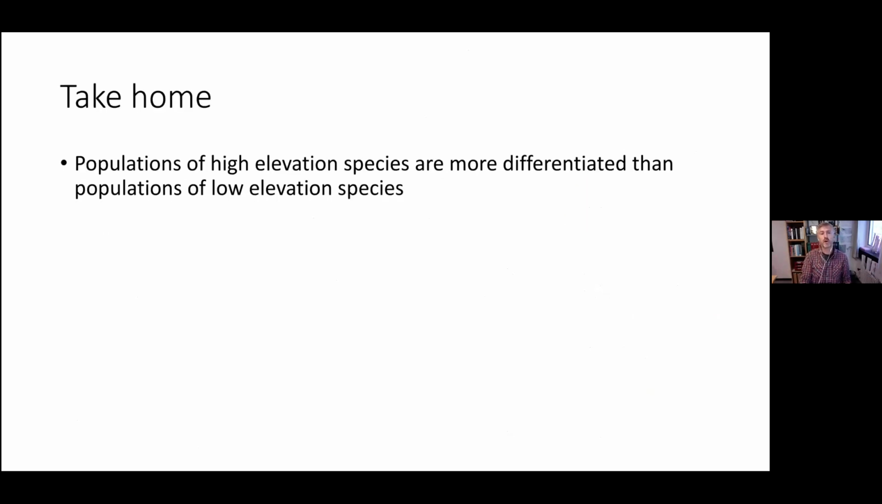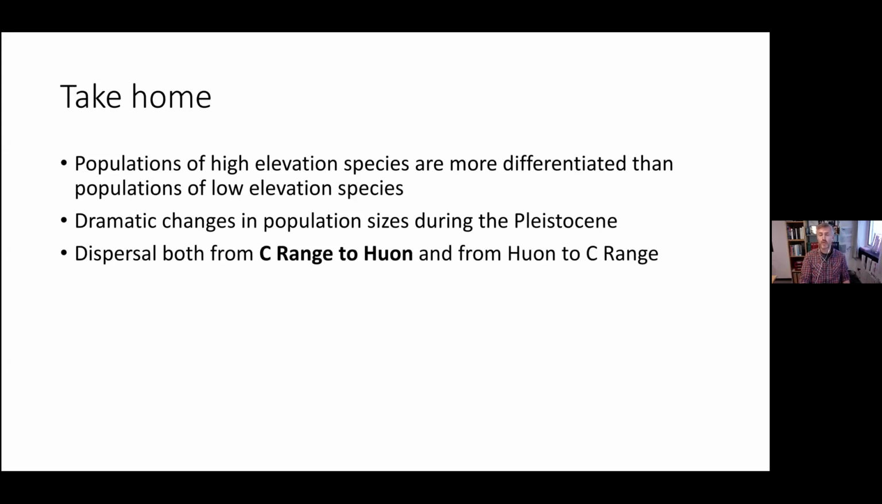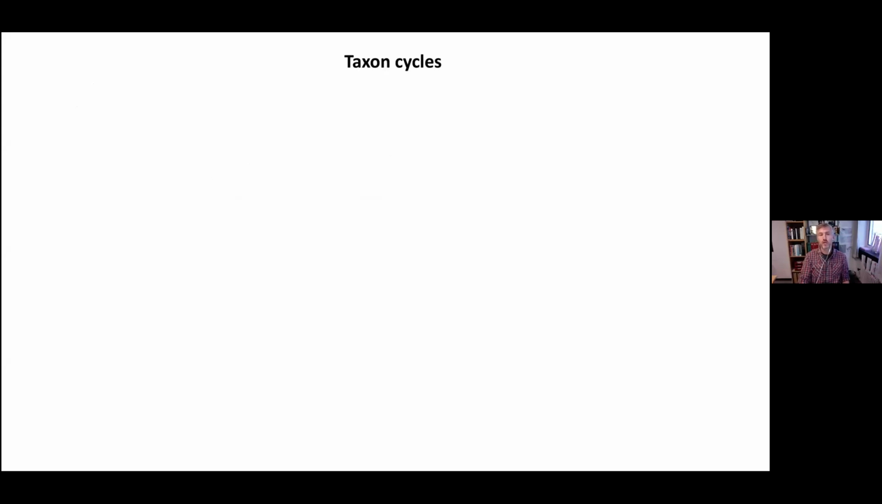So the take home is that populations of high elevation species are more differentiated than populations of low elevation species. Dramatic changes in population sizes during the Pleistocene. Dispersal both from the central range to Huon and from Huon to the central range. And that ultimately leads you to start thinking about taxon cycles, because a lot of these things tie in nicely with the idea that species go through these phases of expansions and contractions. So just briefly,